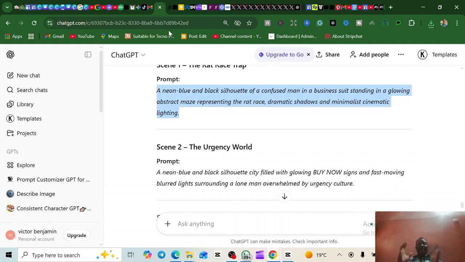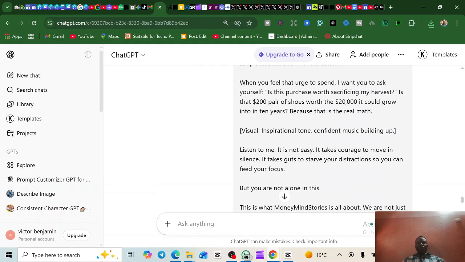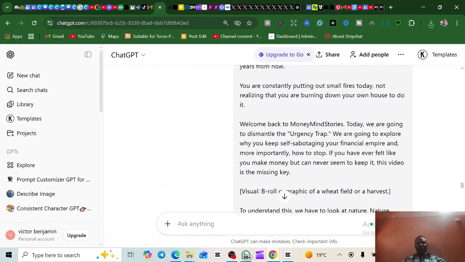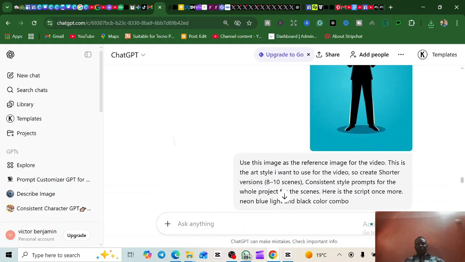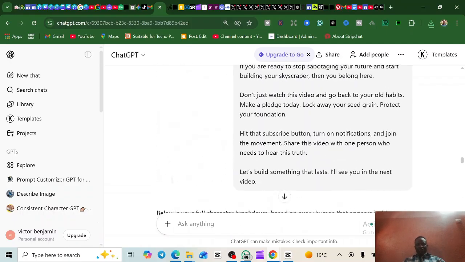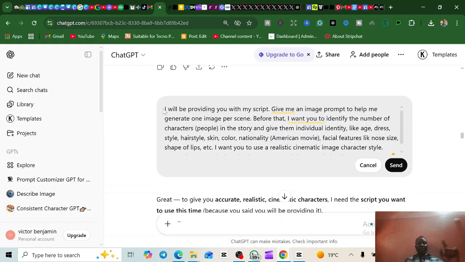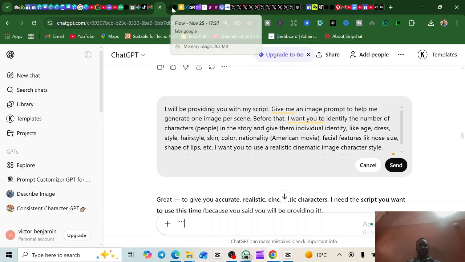Now for you to get the characters of, let's say, your particular story, apart from the scene, you're also going to do the same thing, right? You're going to come here. I just hope I'm not confusing you. Please, if I am confusing you, you can comment where you're lost. So you're going to come here, to the first script that you posted, right? Let's say you want to get the characters. So what you're going to do is to copy the first prompt, because the first prompt is for you to get the characters, right? You copy the first prompt. So what I mean is this, right?